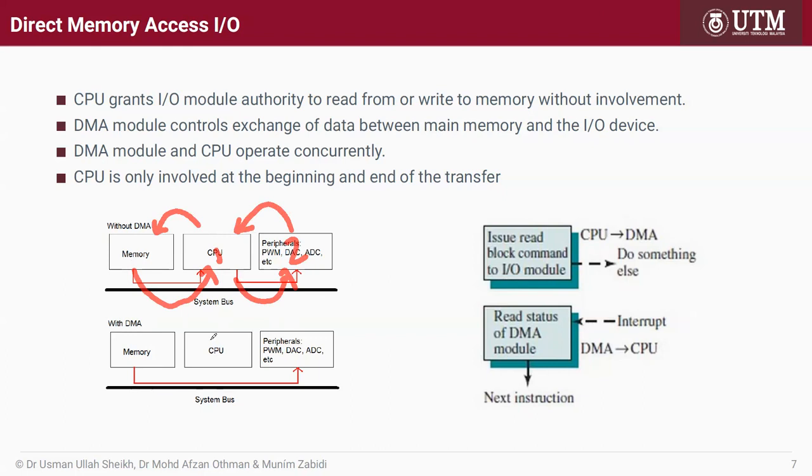But if you have DMA, then you have master number one and master number two. So with DMA, the CPU can do something else, or it can sleep like just now, or for a very busy system, both the CPU and the DMA can access the system bus